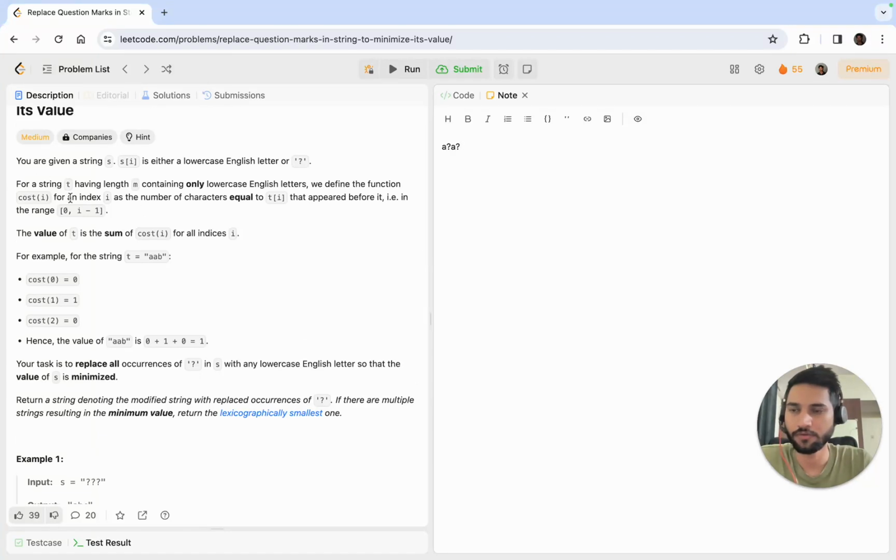For a string t having length m containing only lowercase English letters, we define the function cost(i) for an index i as the number of characters equal to t[i] that appeared before. The sum of cost(i) for all indices is the value that we need to minimize. And return a string denoting the modified string with replaced occurrences of question mark. If there are multiple strings with the minimum value, return the lexicographically